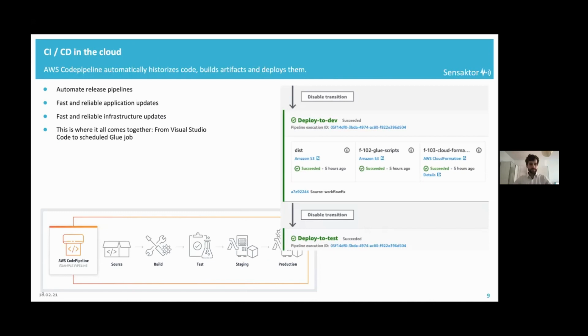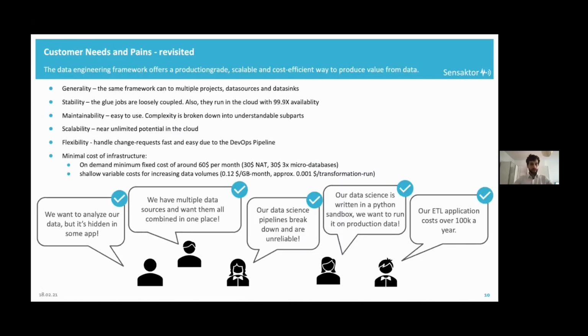So that's it. We will revisit the customer needs and pains. The data engineering framework that I have shown you offers a production-grade, scalable, and cost-efficient way to produce value from data. So we have extreme generality. The same framework can be applied to multiple projects, data sources, and data sinks. We have stability. The Glue jobs are loosely coupled. They are as a single entity. When they fail, the whole system still runs. Also, they run in the cloud, so we have